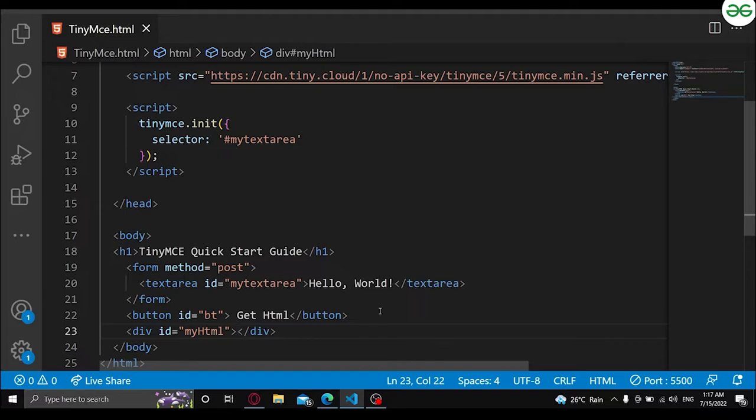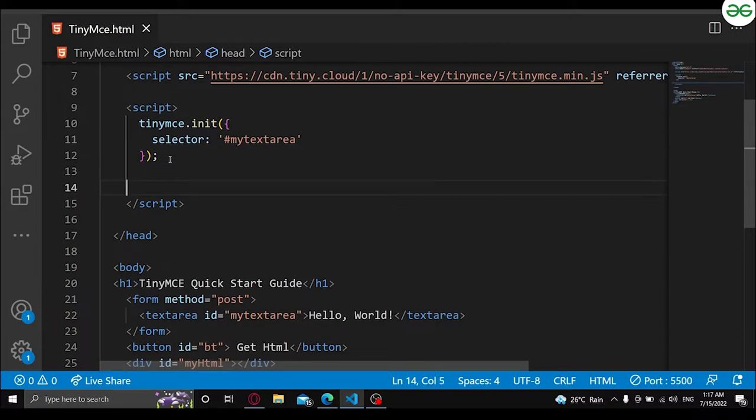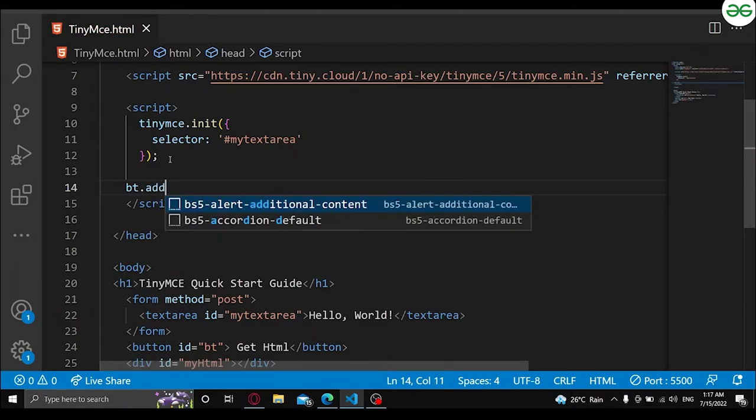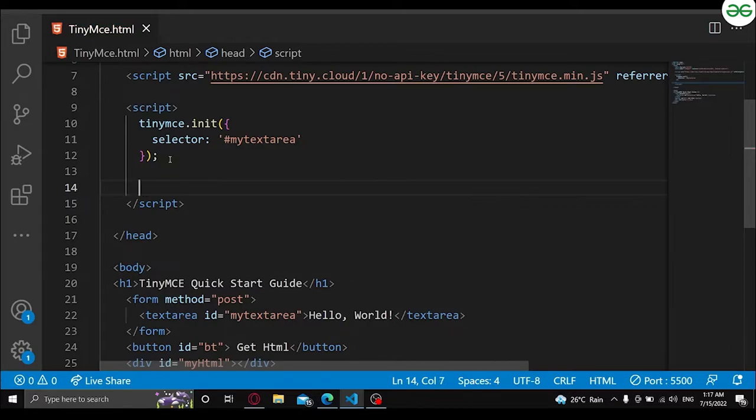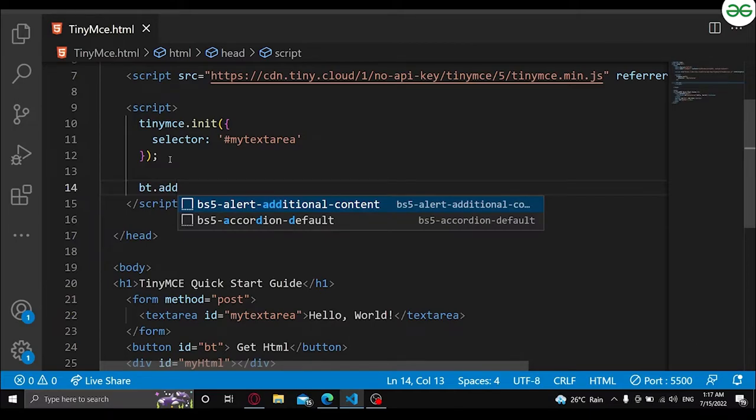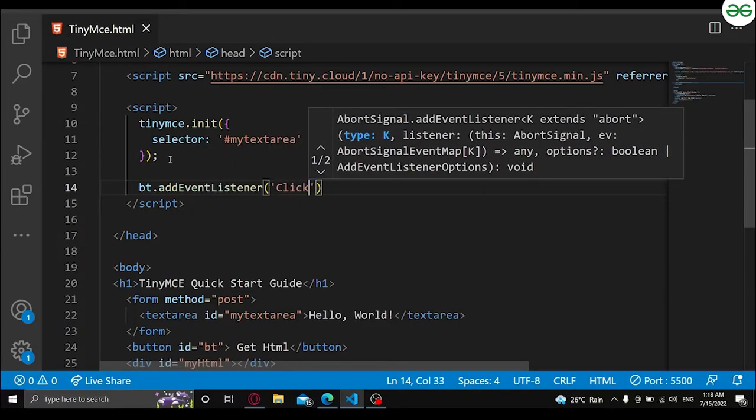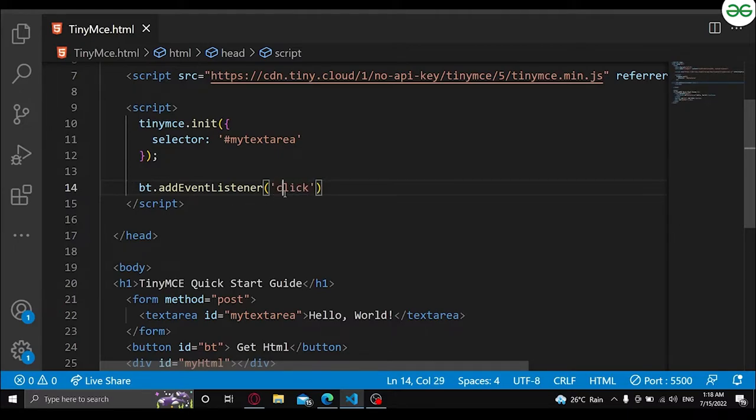Now inside this script tag, obviously we are going to write some JavaScript here. Okay. So I'll write bt dot add event listener, and then I'll write click. What I'm doing here is writing a function, so whenever we click on the button, then